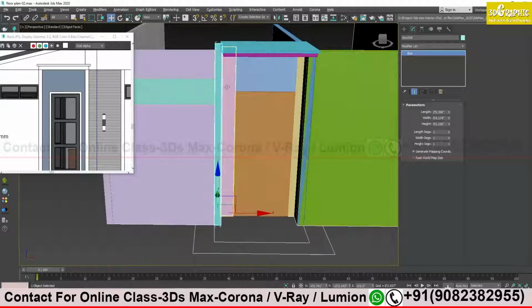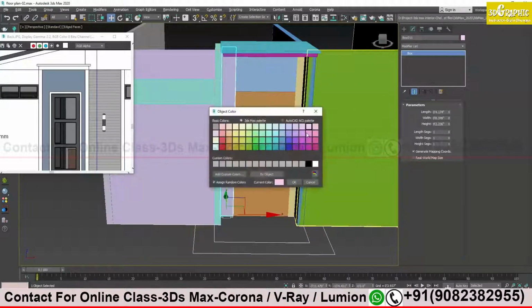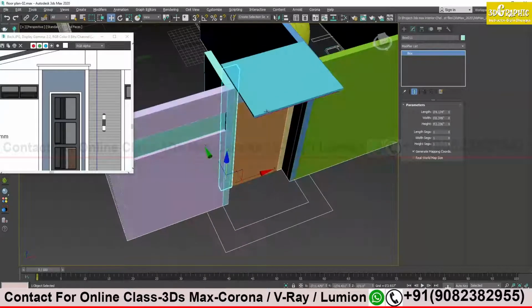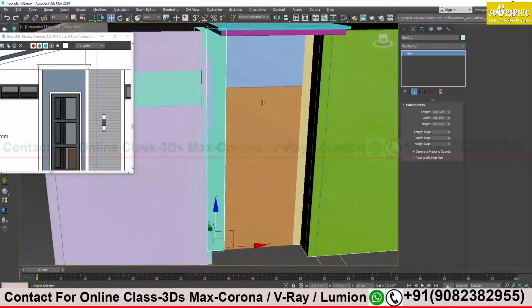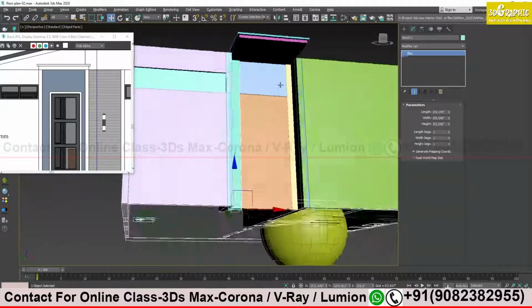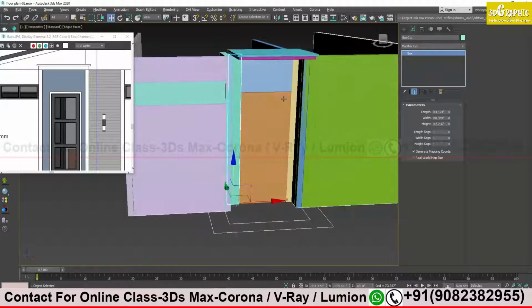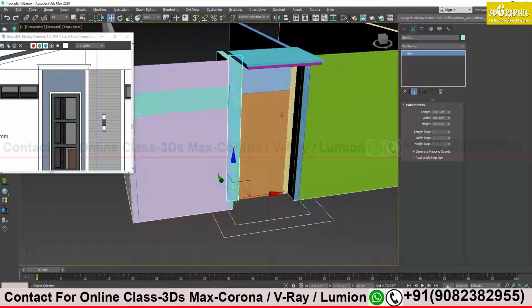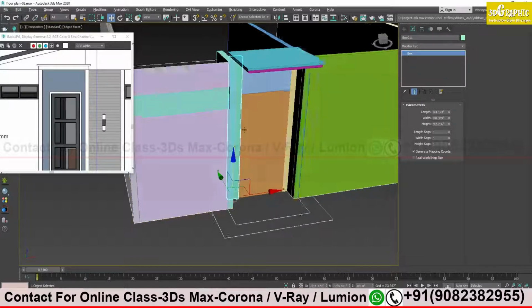It will be easy for me to see. Okay, I have just created simple blocks, and almost I am there. Now I will try to make detailing over here, this white border and the inner portion. I will try this far.